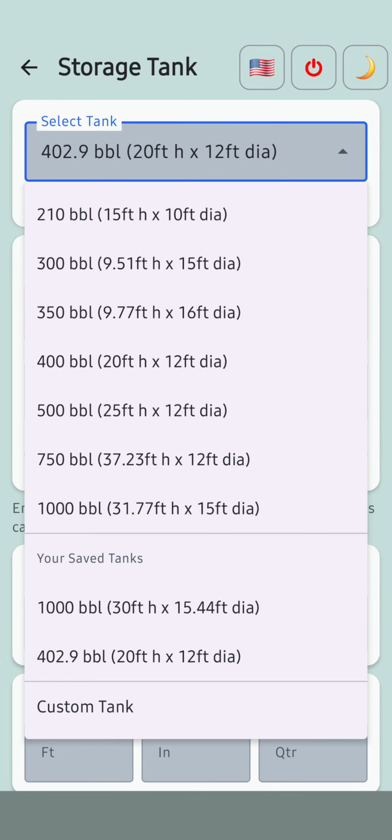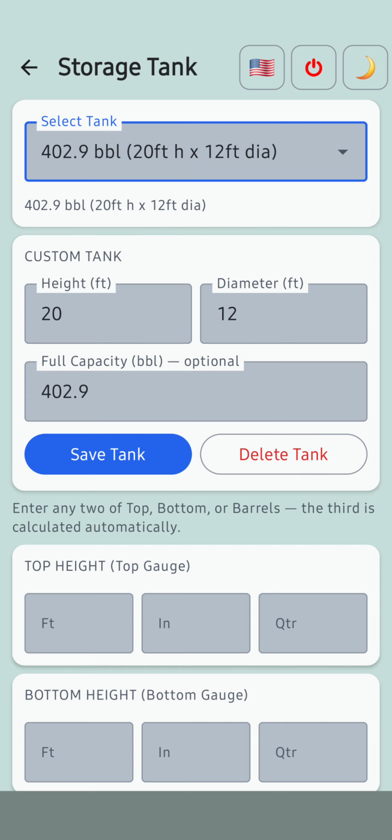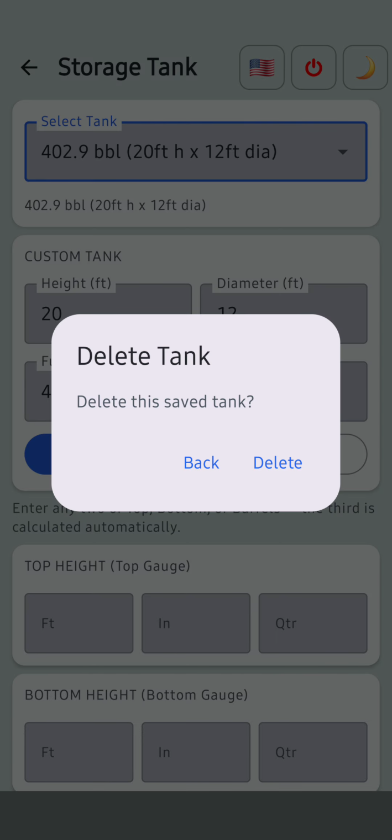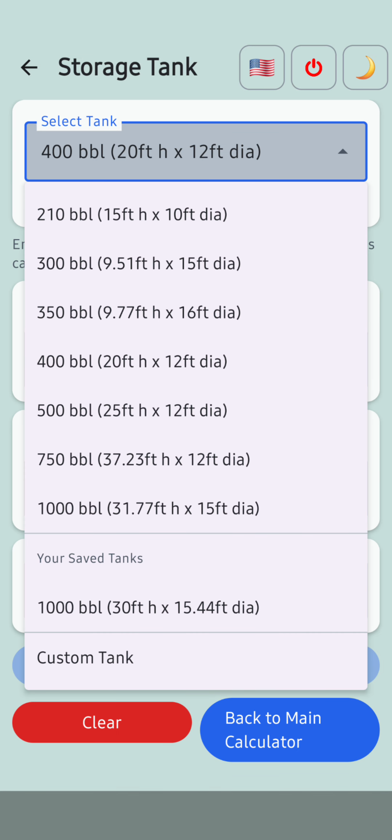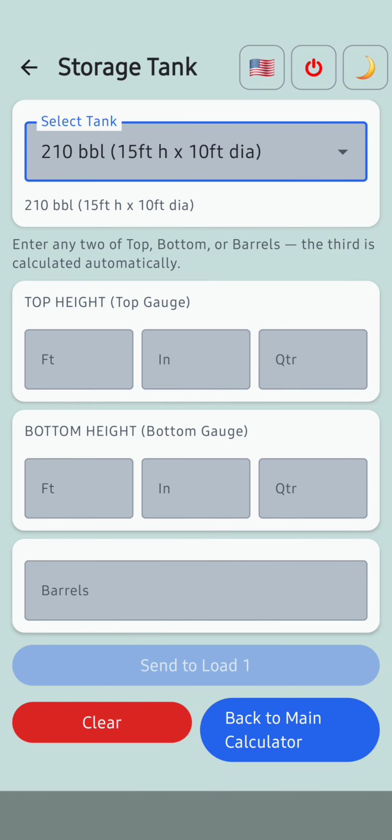In the drop-down list, now we have the 1,000 barrel tank and the 402.9 barrel tank. So I can either select it at the very bottom or just back at the top where it's already selected. So there it is. Now I'm going to delete this because I don't need it in there. And it's just a confirmation delete. Yes, delete. So now it goes back to our default 420. Now, let's just say we're doing some calculations at the bottom, or we're doing a 210,